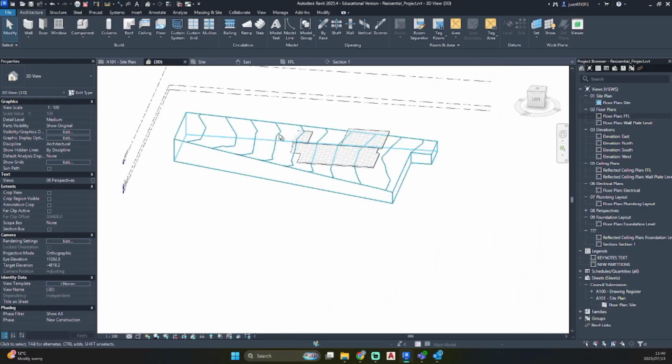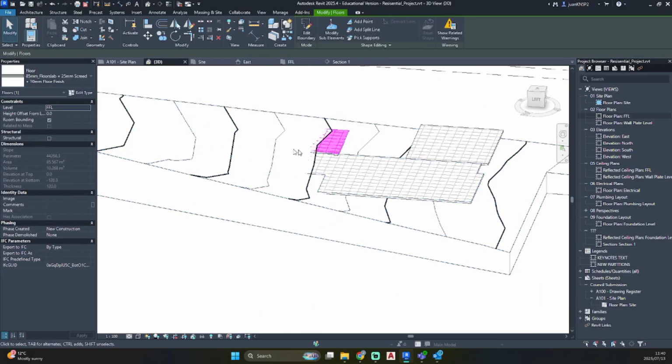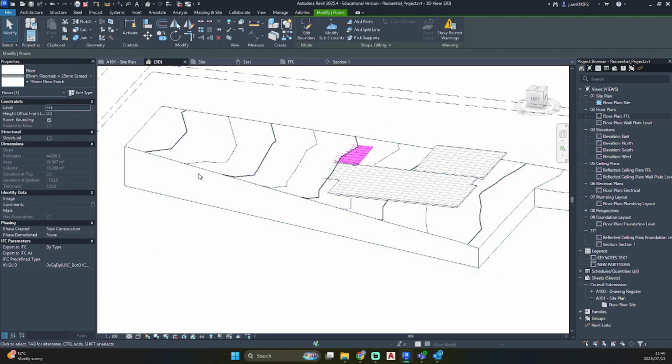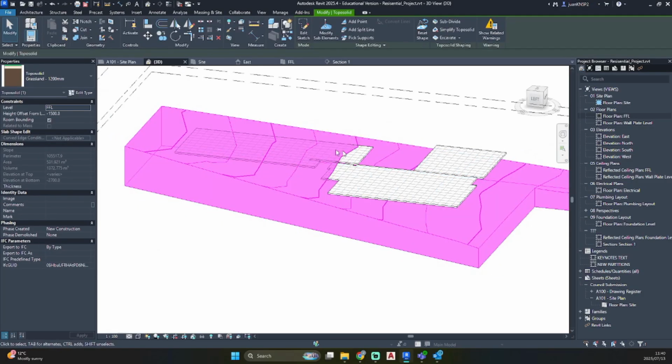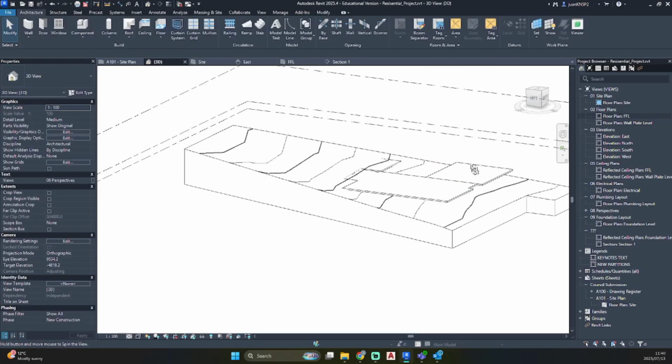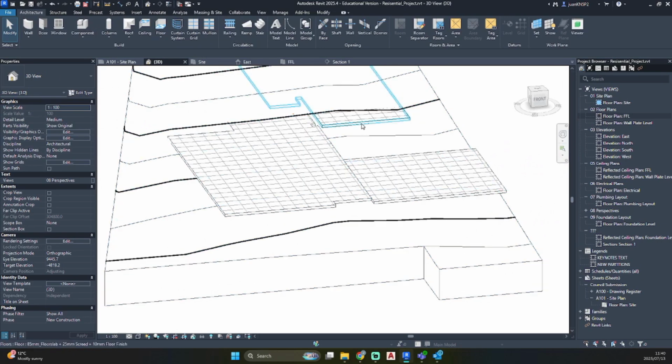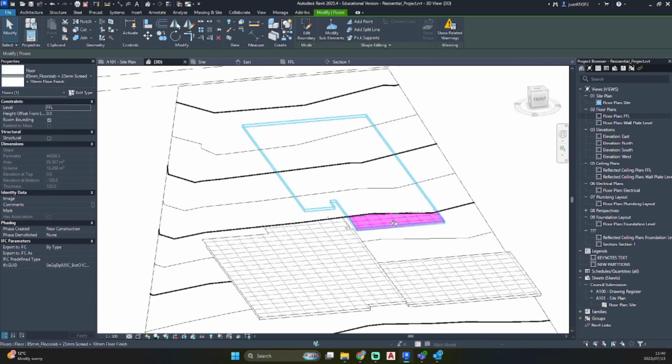So as you can see, the floor plan is being cut by the sand. The floor slabs are going into our site. So we would like the site to be connected to the underside of that floor slab. So let's click on the floor slab we have created here.